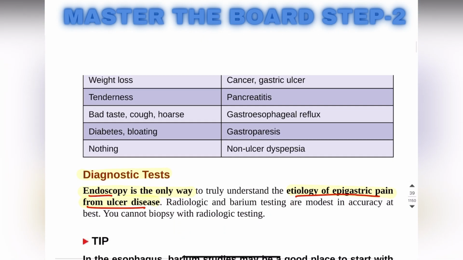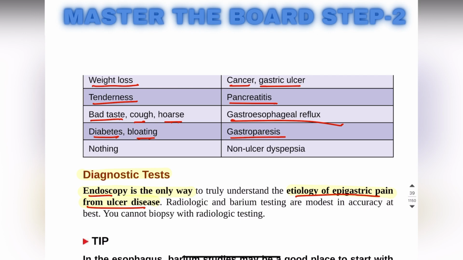And if the patient comes with a history of weight loss, then mostly the diagnosis will be cancer or gastric ulcer. If a patient comes with a history of tenderness, then pancreatitis is the probable diagnosis. And if the patient comes with a history of bad taste, cough and hoarseness, the most probable diagnosis will be gastroesophageal reflux disease. If the patient is having a history of diabetes and bloating, the probable diagnosis is